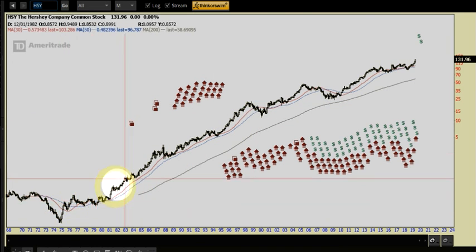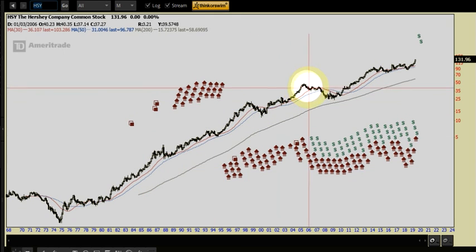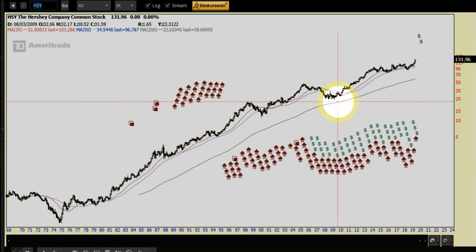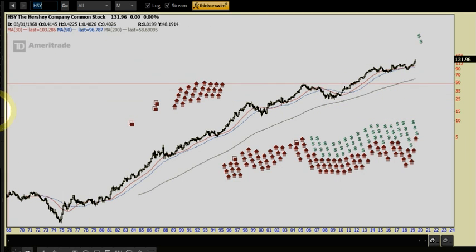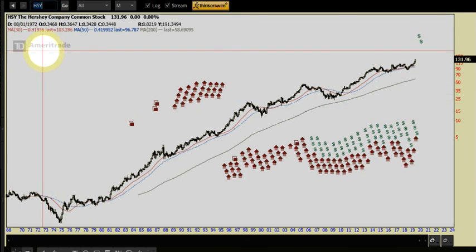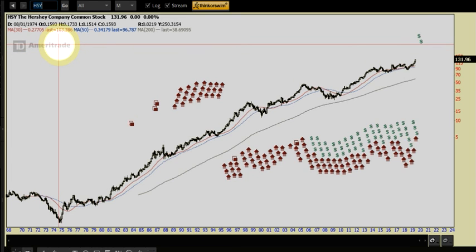Maybe that's a 1, 2, 3, 4. Maybe this is the 4th wave low on Hershey. So, you could buy Hershey when it pulls back to 25. I'm trying to think of some other brands. Now,